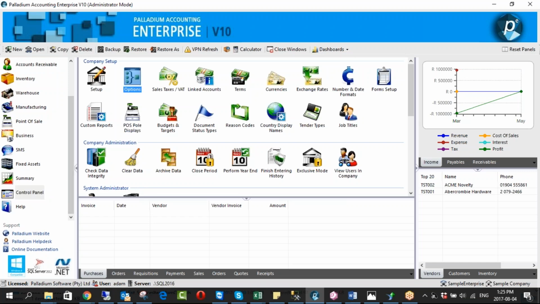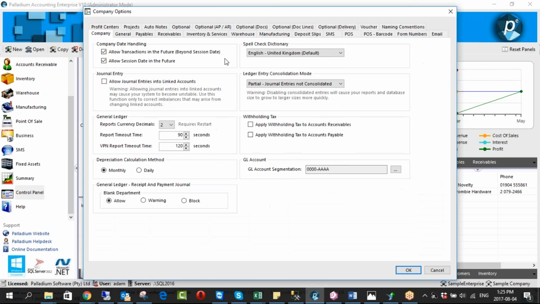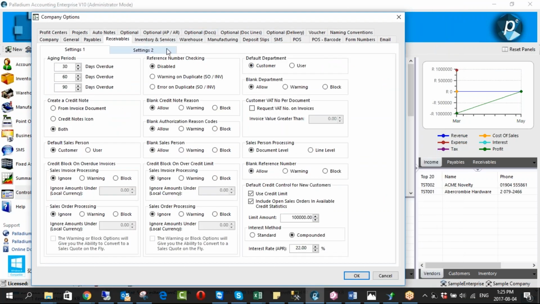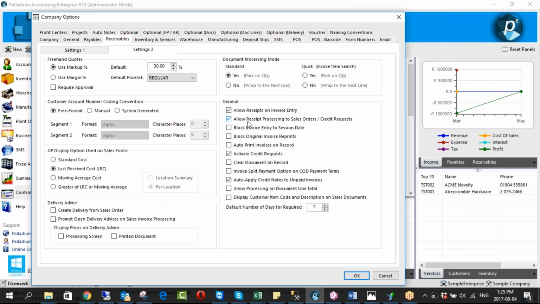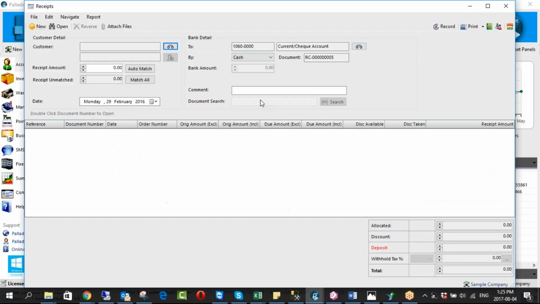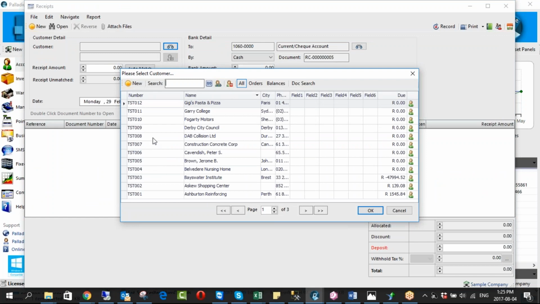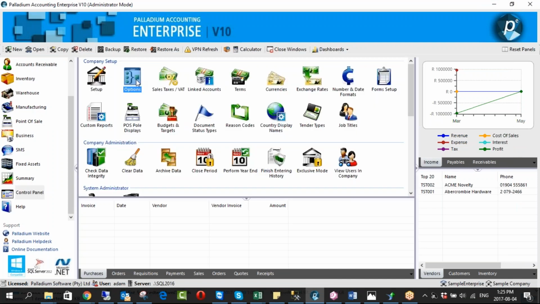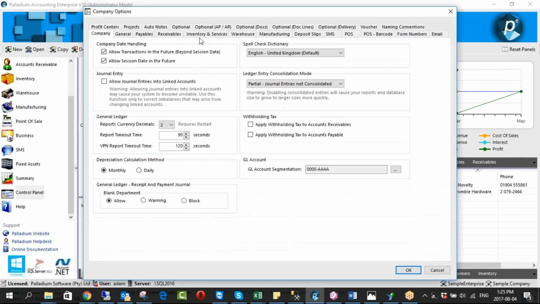To activate this setting, I'm going to go to the control panel and check receivables. Where did I see it? It's over here: allow receipt processing to sales orders and credit requests. If it's turned off and I come to a customer that I know has a sales order against them, it's blank. It's not showing anything down here. However, if I come back to the control panel and activate that setting,